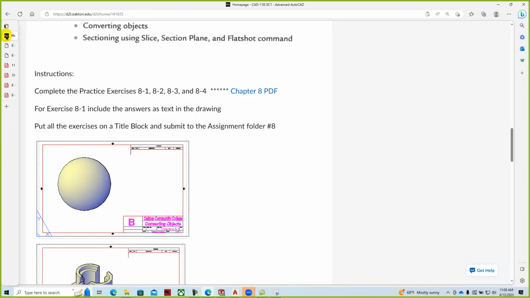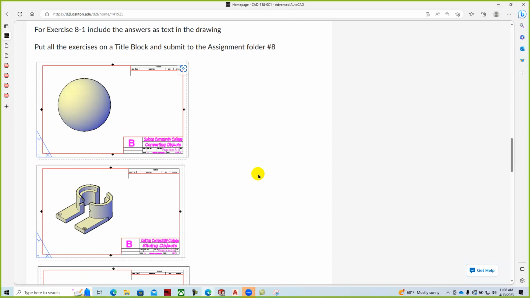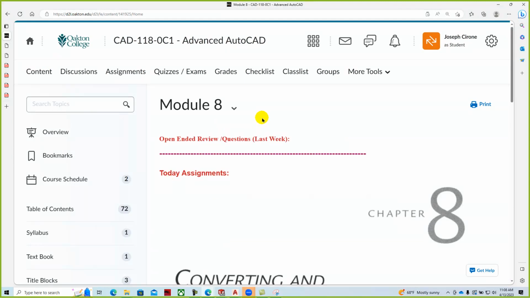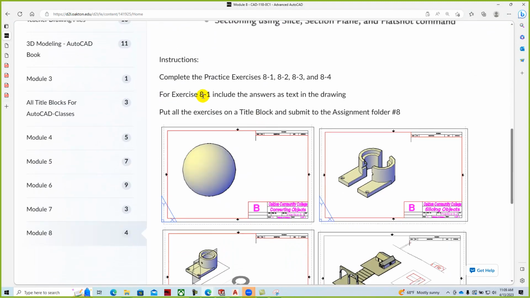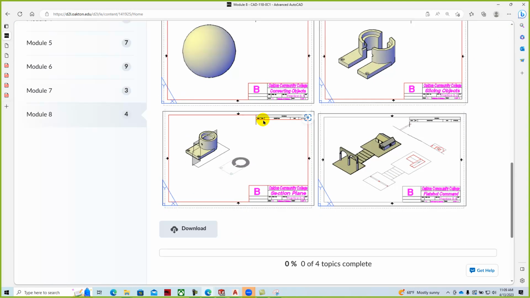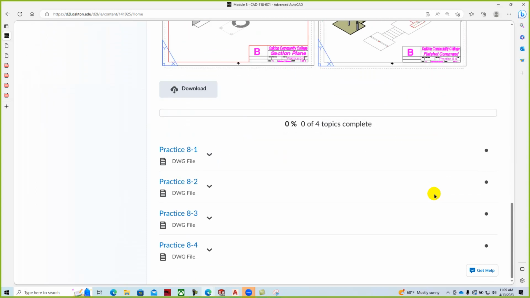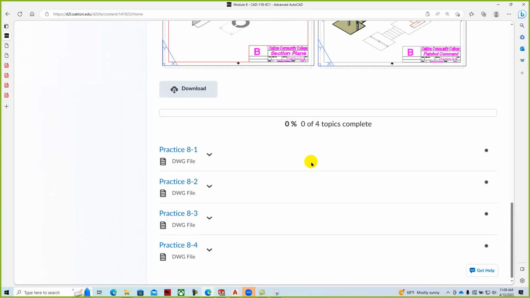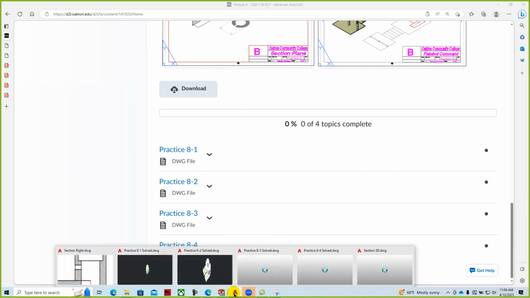We have them in the main splash page here. And so let's go to the module, and we'll go to the content section. And then in Module 8, we have these different practice exercises that we can work on. In those exercises, we can do things like section planes, slicing, and flat shot. And so you can download these models, and we have all four of them assigned for this project. If we take a look at what those models look like,